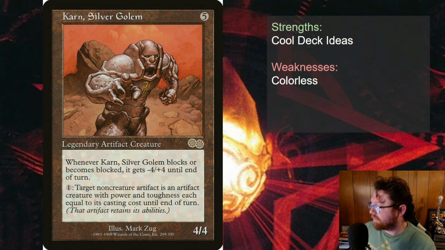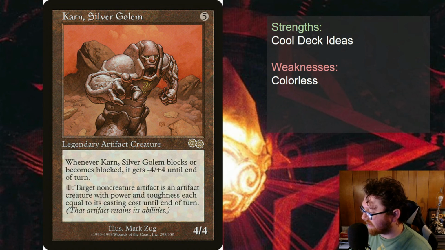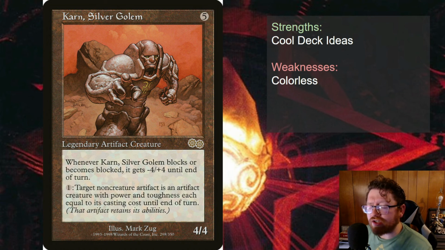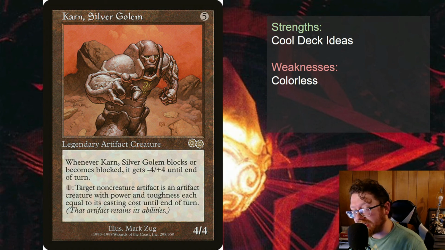Of course, one of the biggest downsides is that it is a colorless deck. There are no colors you can put into it. That has been one of my biggest downfalls of this Swords of deck: there are great cards in different colors, but you don't get them in colorless. With that said, there are some powerful artifacts, there are some powerful colorless cards, and with Modern Horizons 3 coming out, there are some